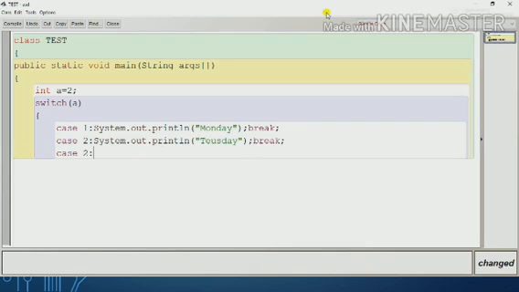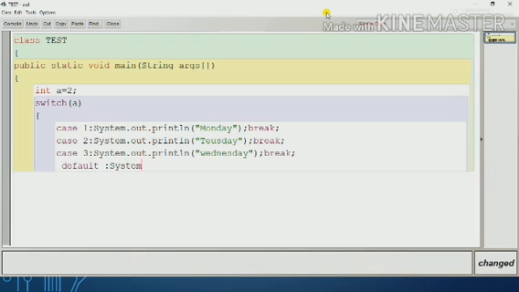This is Tuesday. Similarly, and if none of these is satisfied, then default. So default is executed if none of the conditions is satisfied.